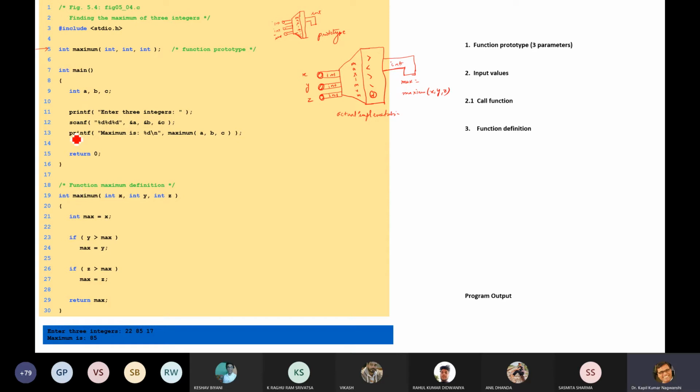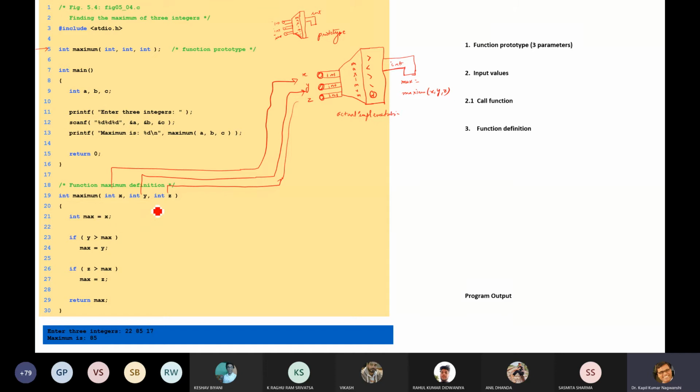After the main program we have written the function: integer X, integer Y, integer Z. So here you can see that this is our machine. It is accepting integer x, then integer y, and finally integer z.